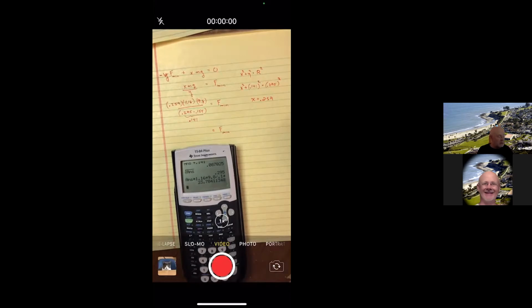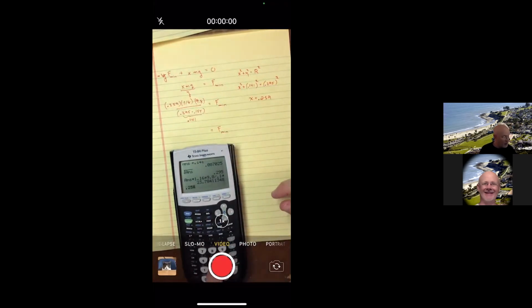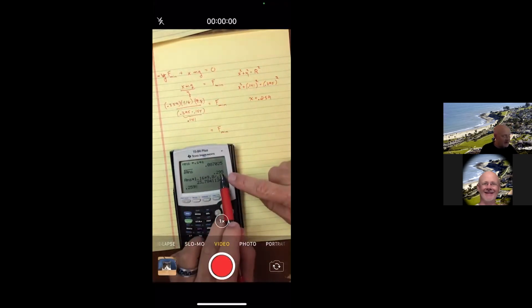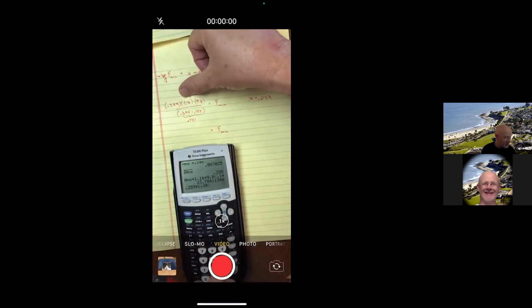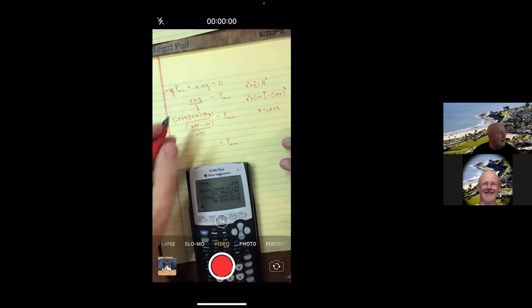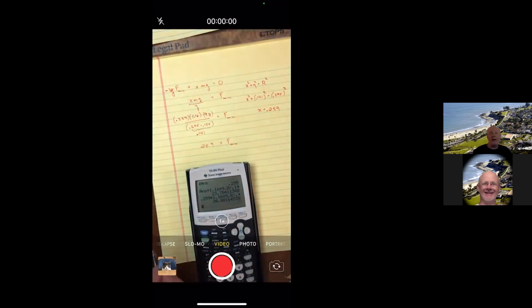Oh, my bad. I had done that calculation and I used the wrong answer. I didn't want the 0.295. Let me try that again. I wanted the 0.259. So 0.259 times 1.16 times 9.8 divided by 0.141. Okay, and then about a 20.9. And so hopefully that helped somewhat. Good. Go back over to the